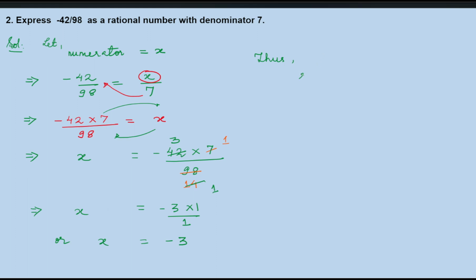So thus the rational number will be how, what? Will be numerator is minus 3. Just we got the value of x as minus 3, and what was our x? X was the numerator, right? So it is x by, sorry, minus 3 by 7. Okay,